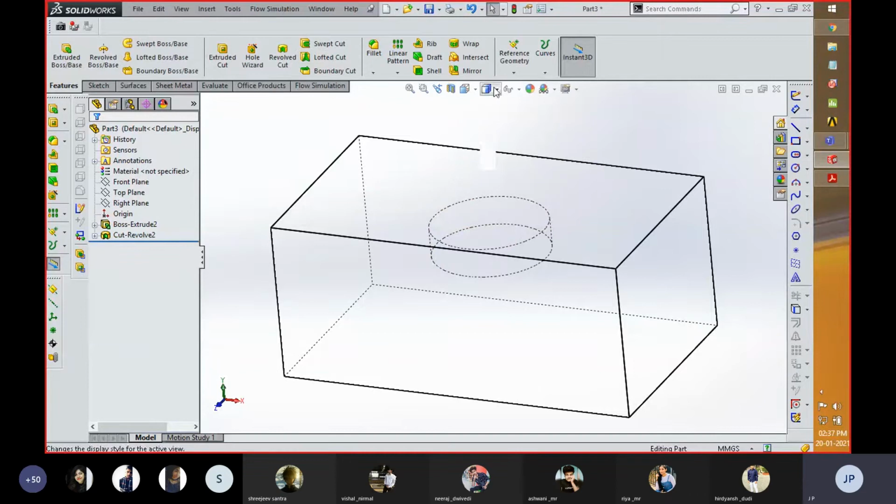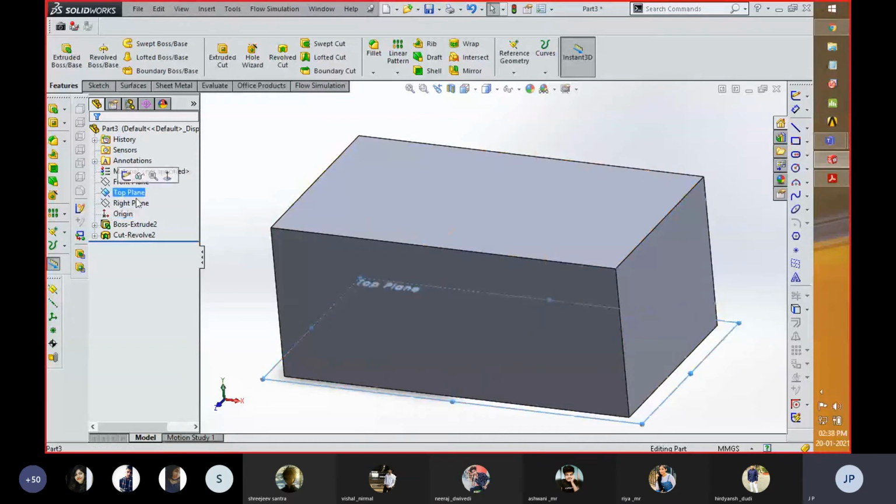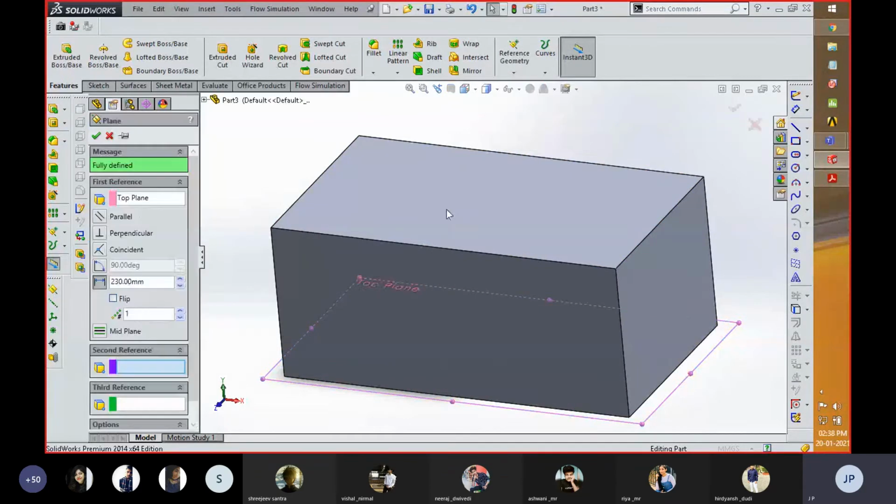So for that, I'm going to create this solid part again. Okay, after that, I'm going to create a path, and keeping this path in the center, I'm going to create a central datum plane.